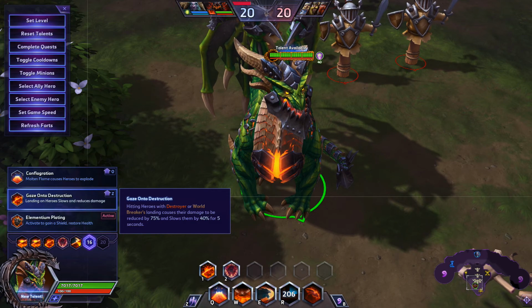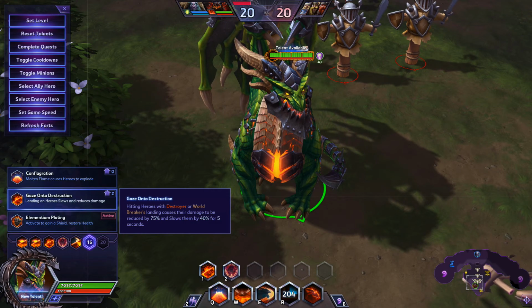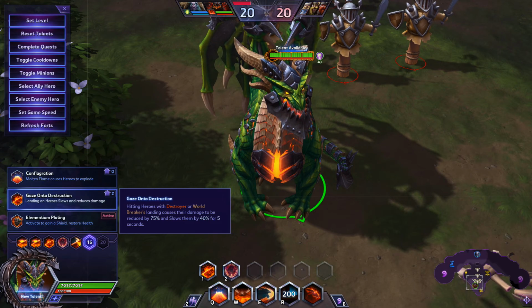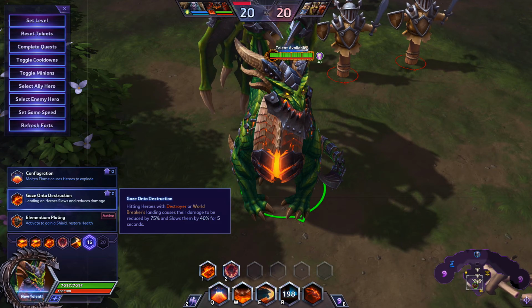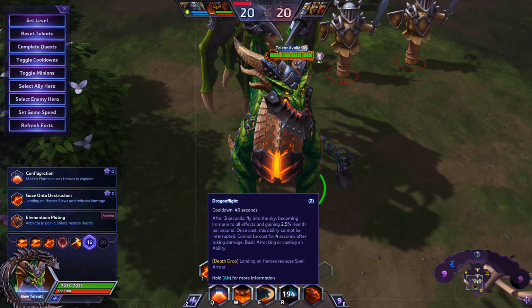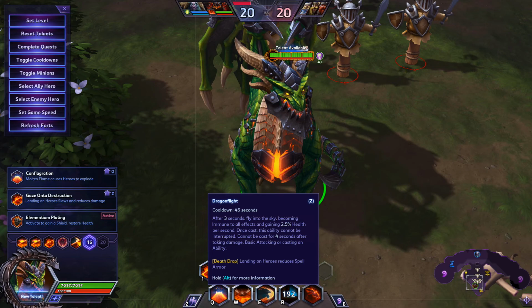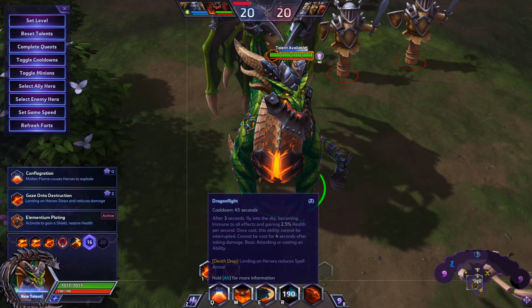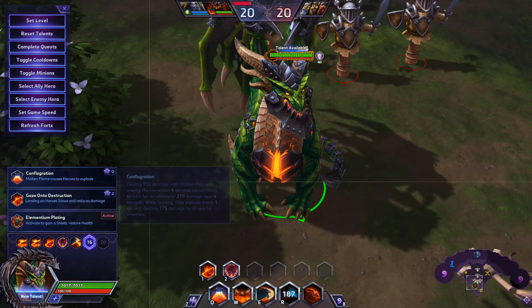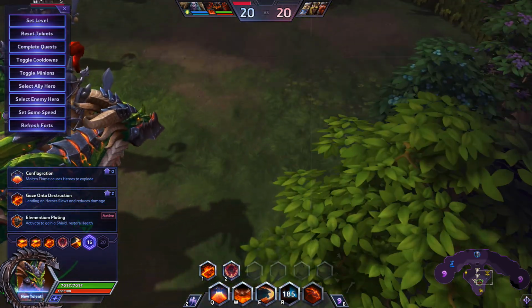Gaze unto Destruction: hitting heroes with Destroyer or World Breaker's landing causes their damage to be reduced by 75%. Wow! But you have to hit him with this. I wish it told you how long it takes to land. Obviously, we've seen it takes a really long time to land, so